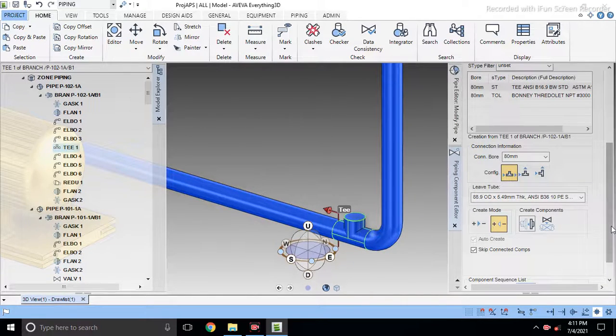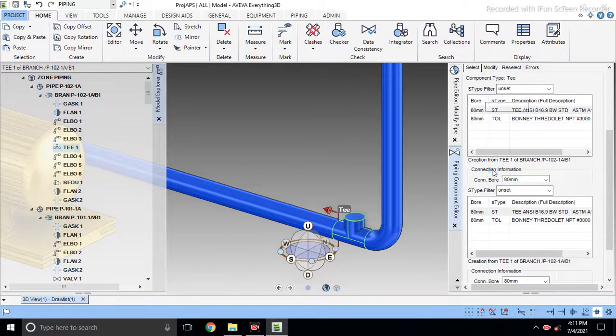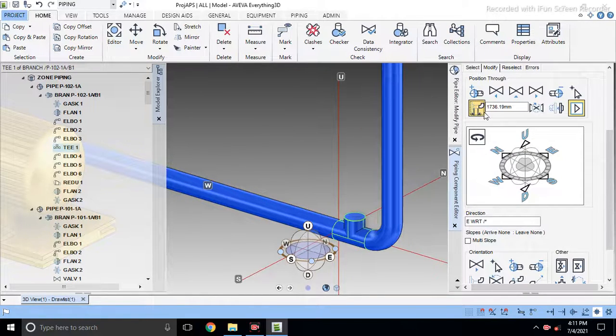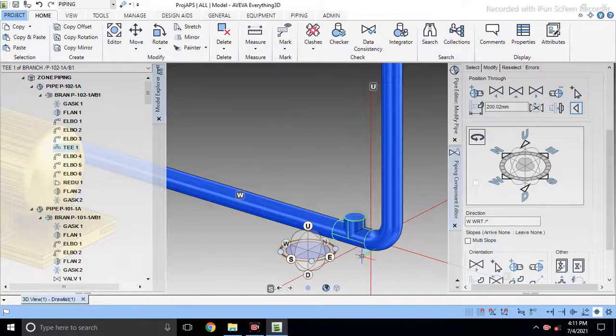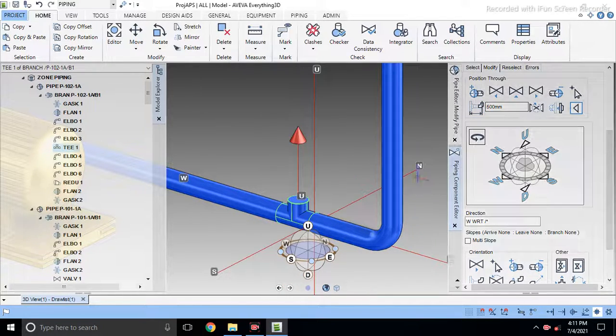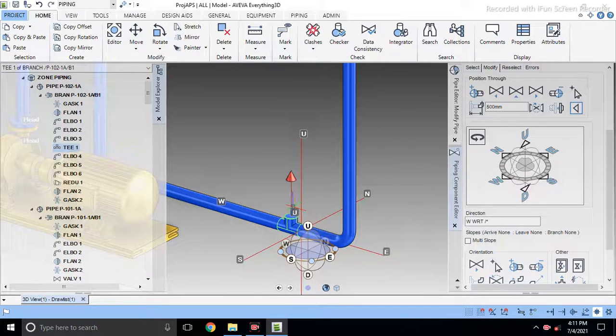From here, how much center to center distance do I have to keep? So I will just do center to center. But this direction is showing forward mode, so I have to change to backward mode. So it will give you center to center. How much center to center we can keep. Now here I have to place a valve, and just a wall, and I have to close